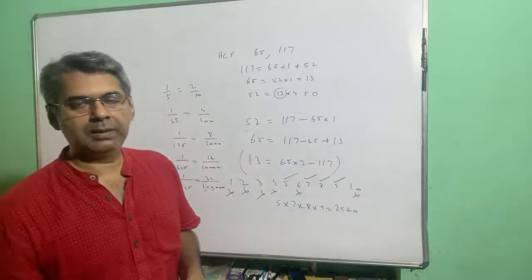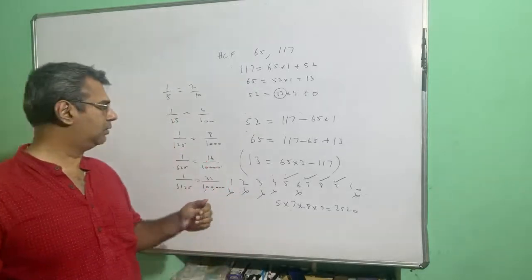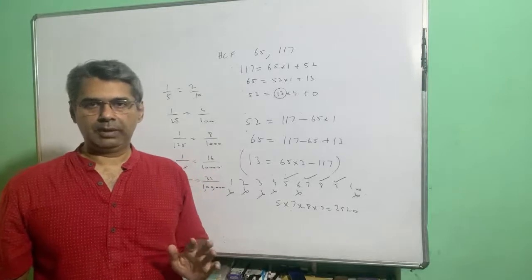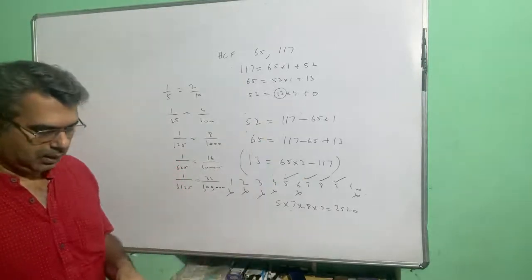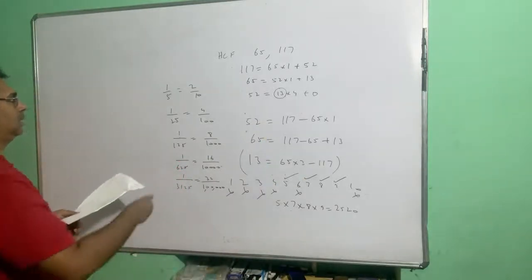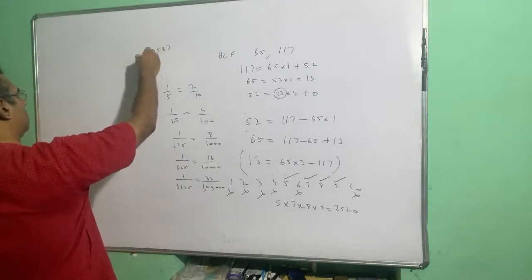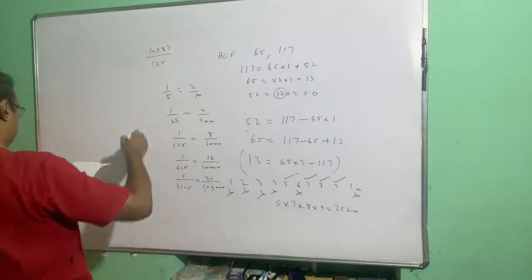So if you basically keep on taking multiples of 5 in the denominator, then you will get multiples of 2 in the numerator. This is the theory. So say for example, if you are asked to do the decimal representation of this number,